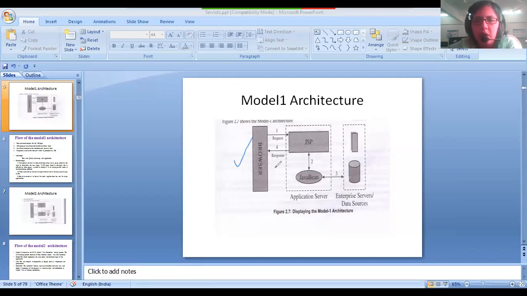The browser deals with the client interface. The client makes a request, and this request goes to a server.